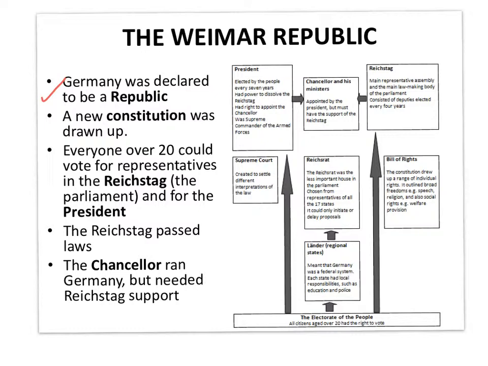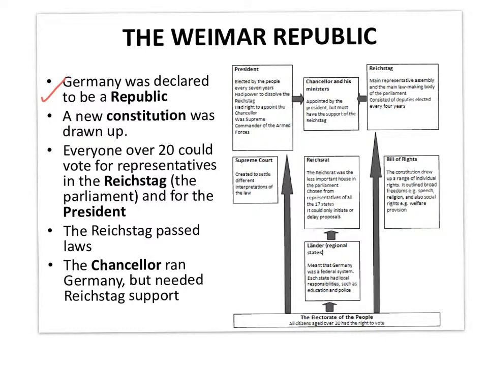Now, it took 2 months before they were able to develop a constitution. Ebert said, look, it's wrong for me, one person, to decide on the way in which the new Germany will be run. He declared that he wanted it to be a much fairer system with power from below. In other words, power lying more with the ordinary people, rather than at the top of the pyramid of power, so to speak. And so he said, we've got to have an election, and that took 2 months to organise because he had to wait until the war had ended and soldiers could return home and vote.